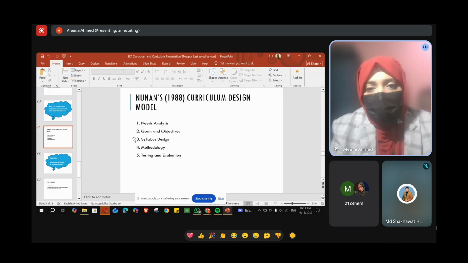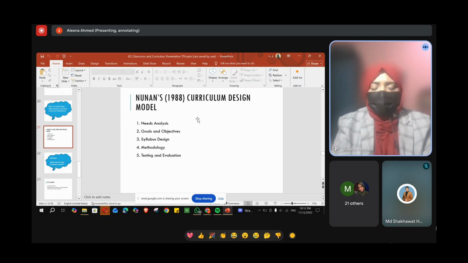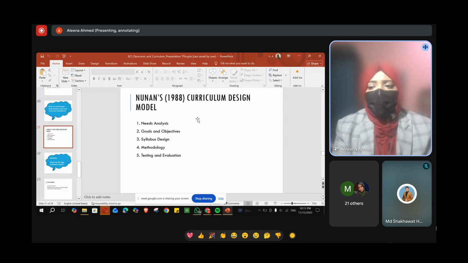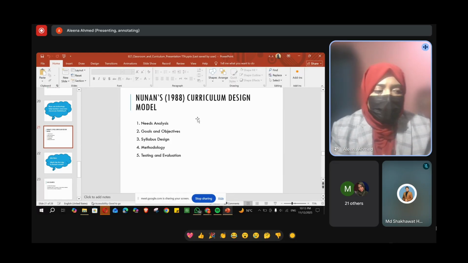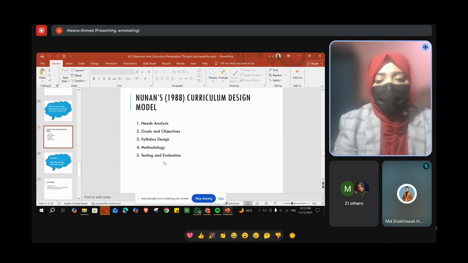And in the middle of it, I had a very important thing. What is David Nunan's curriculum design? It is not much different, but in this, first comes needs analysis. By taking a diagnostic test at the start of the class, on the very first day, we can get to know at what level our learners are at this point, and how much effort and in what way effort is required in this class, right? So in Nunan's curriculum design, first comes needs analysis.